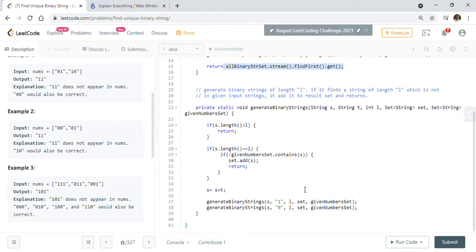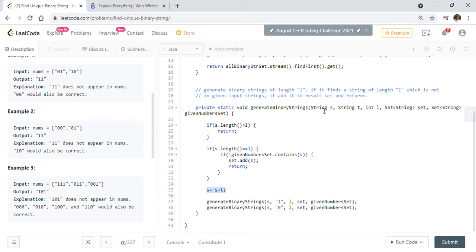As you can see, in the beginning s and t will be empty, and we will gradually add ones and zeros. We call recursively, adding 1 here and 0 there to the given string s, so s becomes s plus t.